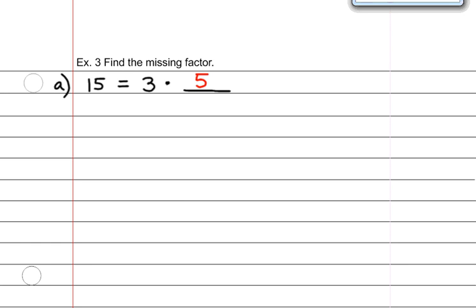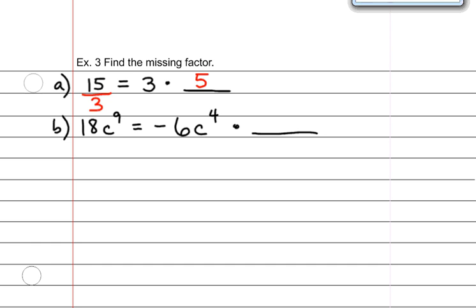Another way of thinking of that is, the way you would find that missing factor is you would be dividing 15 by 3, and then we got our missing factor of 5. Okay, so what we're going to be looking at now, instead of just numbers and dividing those numbers and finding factors, we're going to be finding factors of numbers and variables together. So the second one that we're going to find the missing factor of